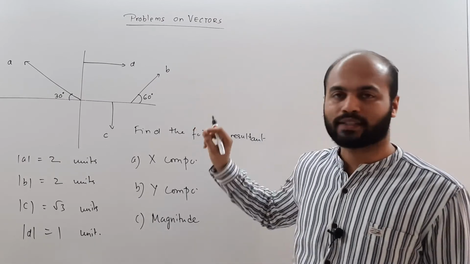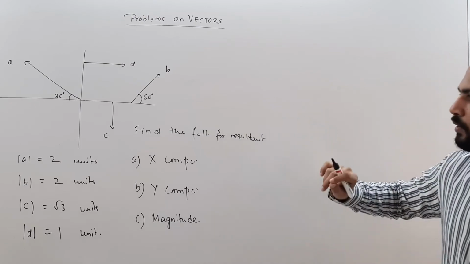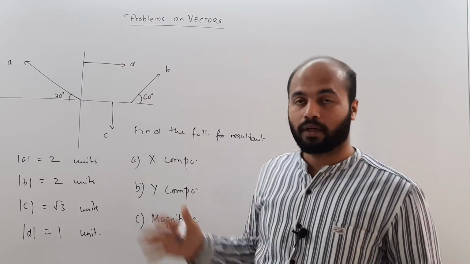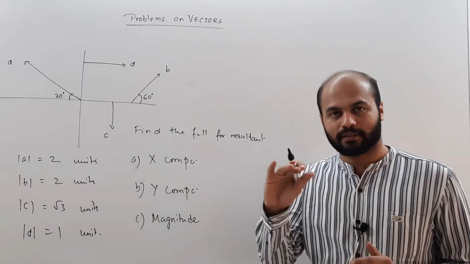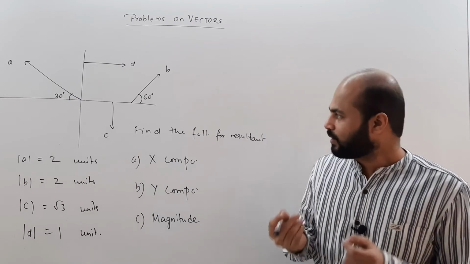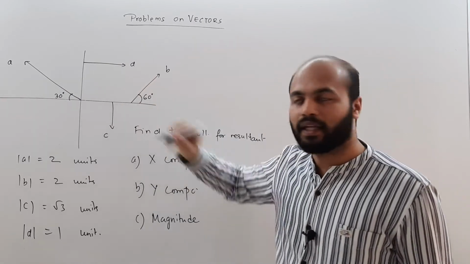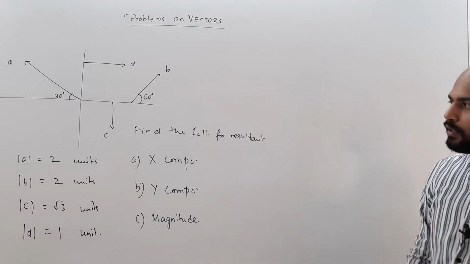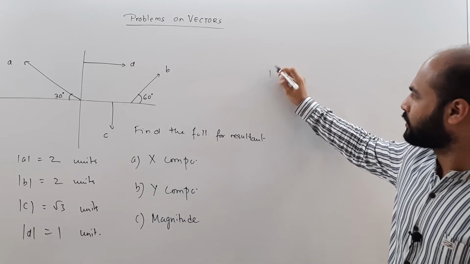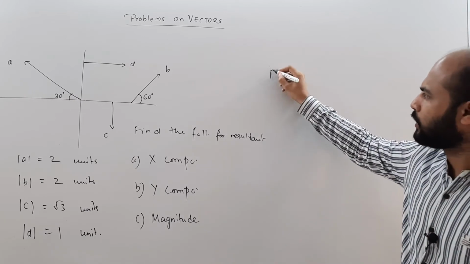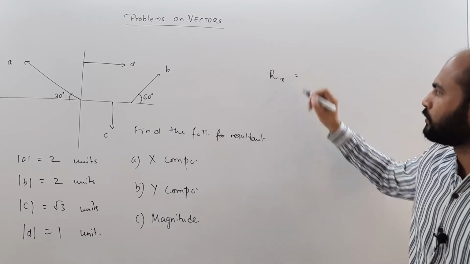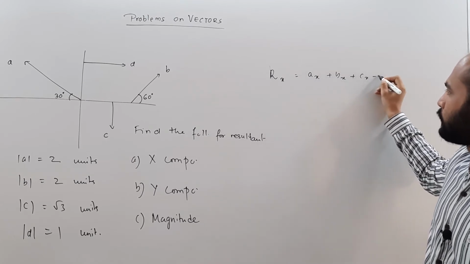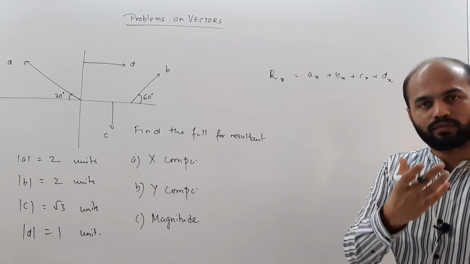So first you have to write all the x components together. So let's do that first. Now you can clearly see that D is already in x direction. So if a vector is totally aligned along x, then it doesn't have any y component. Similarly, you can see that C is a vector which is totally along y, so it won't have any x component. So taking this into consideration, let us write the net x. So net x, like we can say the resultant is r, so we'll write rx. Rx is going to be ax plus bx plus Cx plus dx, x components of all the vectors.